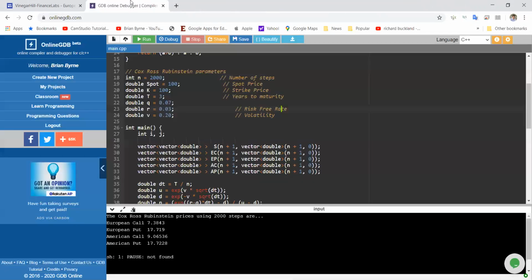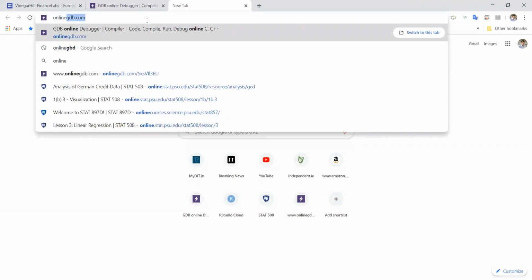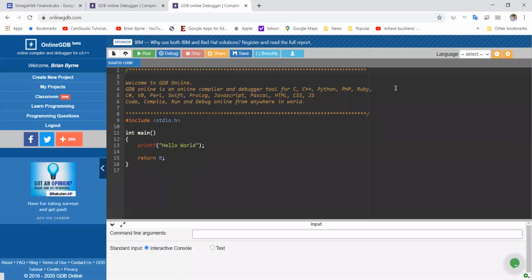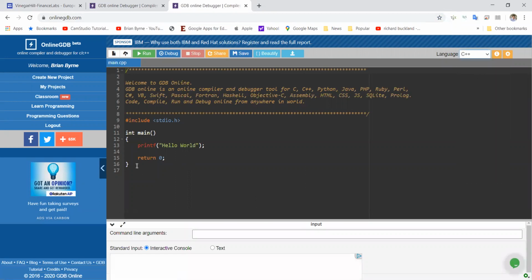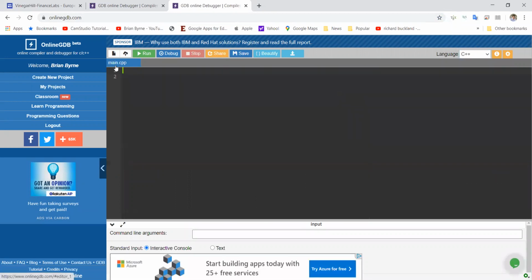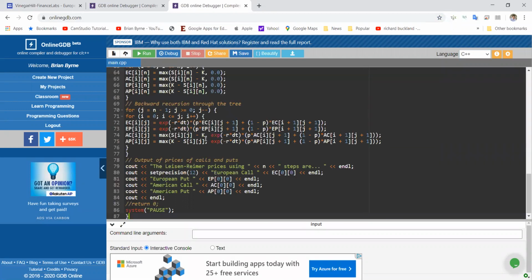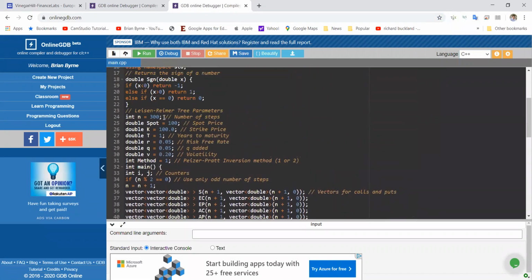OnlineGDB, and we'll start from new, onlinegdb.com. Then we specify the language. It is C++. We remove the segment of code that automatically appears. We paste in our own code, and then we'll take a look at the parameter values, and we'll reduce this